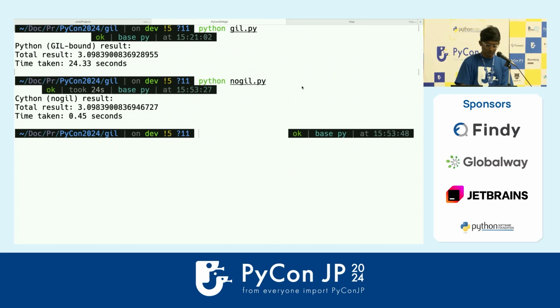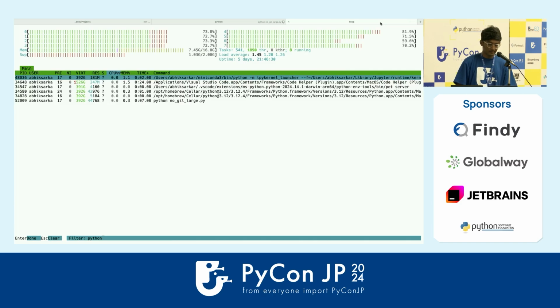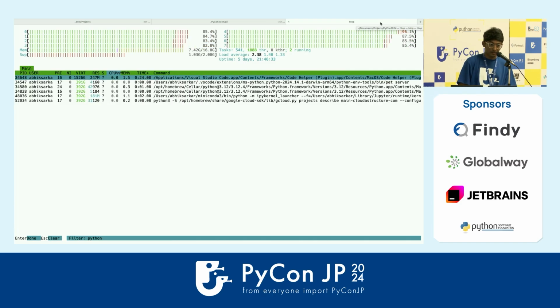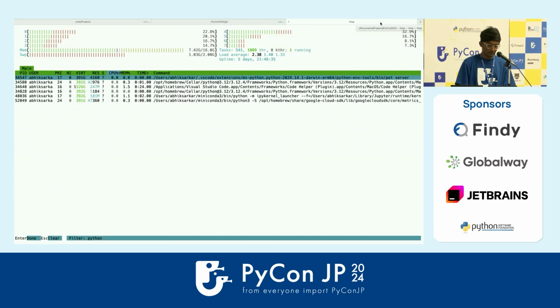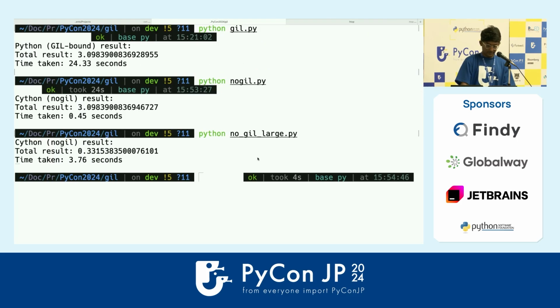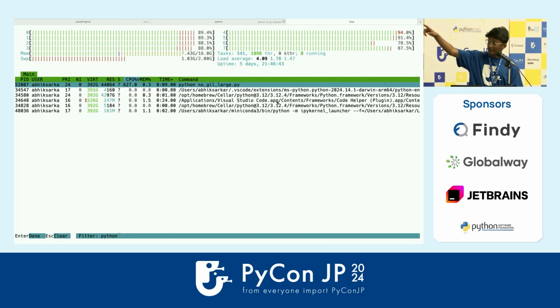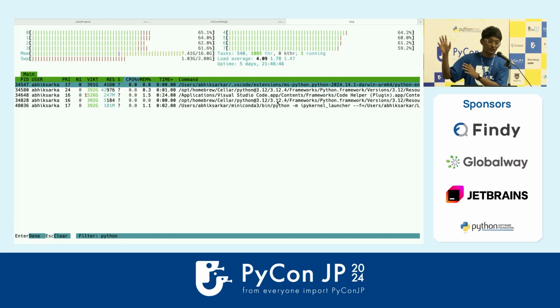I'll also showcase one more thing. I'm running it now a lot more times, but I want to showcase visually how it looks. Now you can see my CPU utilization. You can see the cores. It occurs in 3 seconds, that's the problem. But you can see now all the cores are being utilized, and you can visually see that.